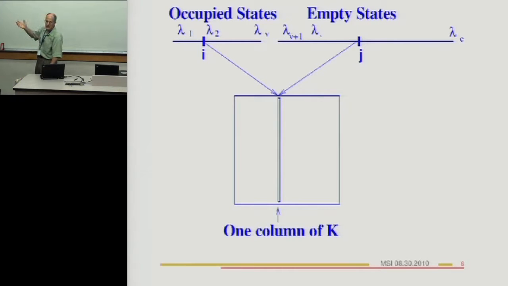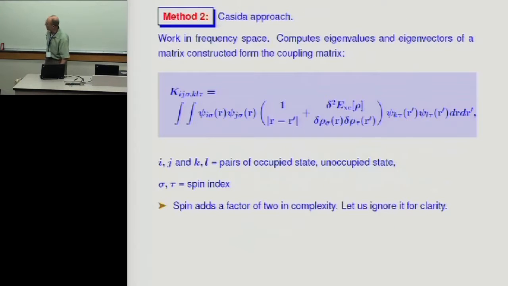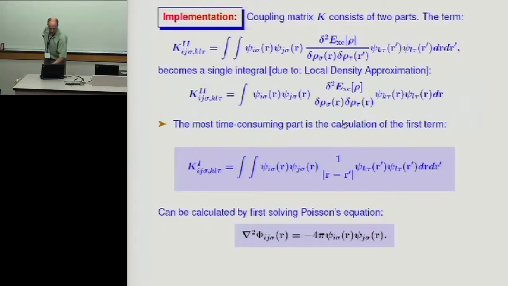And the number, of course, if you take this in real space, then that's a lot of points. So I'll just give you an idea. There are two terms in here. If you go back to the equation, the second term reduces to a single integral because of the approximation they use, LDA. It's a local term, so I'm not going to mention that. It's a very simple thing to do. The first term is the one that is most time consuming, and that's where you have this integral to compute.